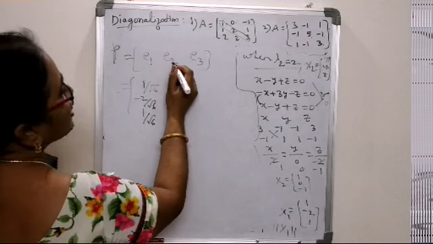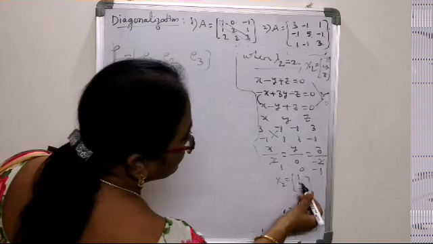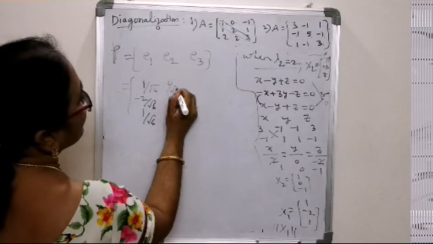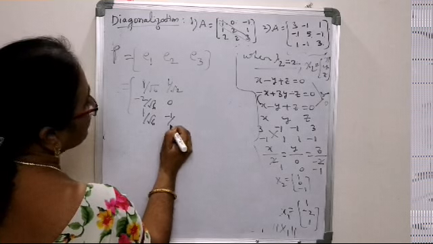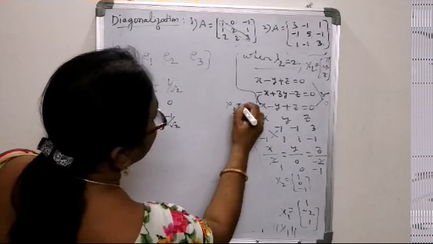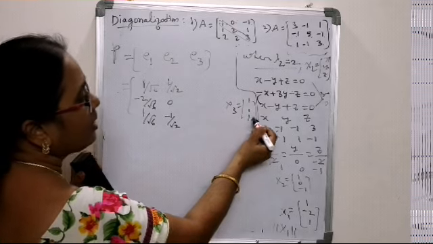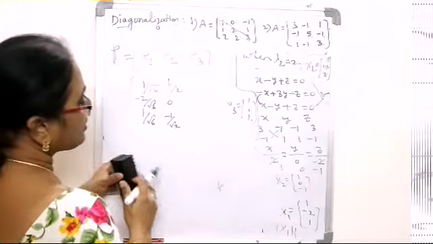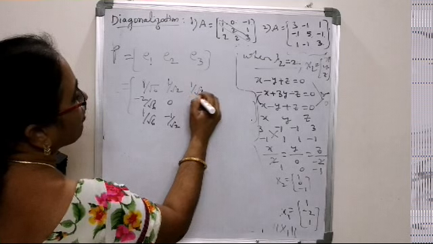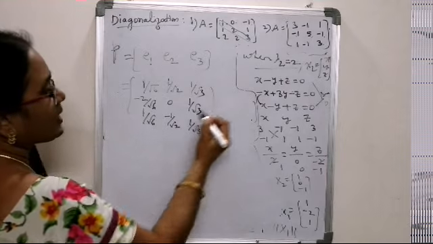Right? Now, corresponding to E2, since the norm of x2 is root over 1 plus 0 plus 1, we have root 2. So the normalized vector E2 is (1 by root 2, 0, -1 by root 2). Since the norm of x3, where is our x3? It is shown to be (1, 1, 1). So the norm is root over 1 square plus 1 square plus 1 square, 1 plus 1 plus 1 in the root. So root 3 is the norm. So we have the normalized vector E3 corresponding to the third eigenvector, (1 by root 3, 1 by root 3, 1 by root 3). Right? Now this is called the normalized model matrix.